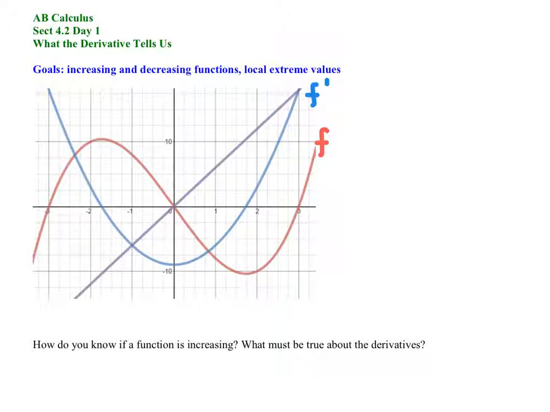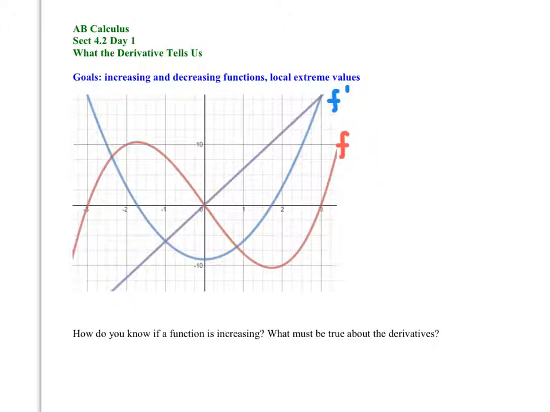So how do you know if a function is increasing? Well, when a function is increasing, as highlighted here on f, it'll travel upward from left to right. And that function is also decreasing from x on that interval. So we would say that f is increasing on the interval from negative infinity to negative 1.75